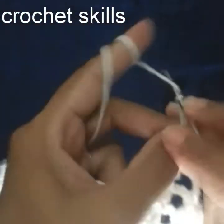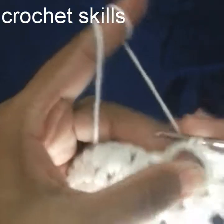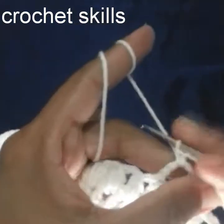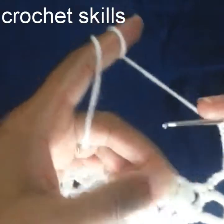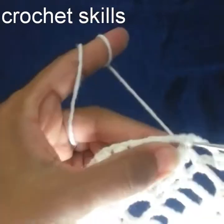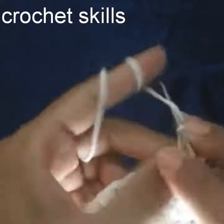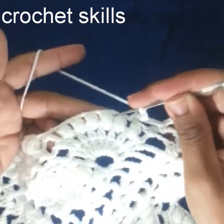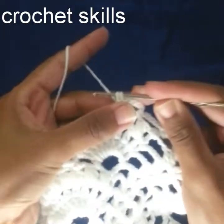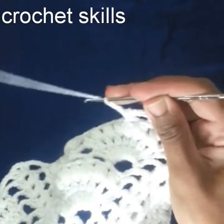Chain 5, make a single crochet in this chain 5 space. Chain 5, single crochet in between first 2 puff stitches. Chain 5, single crochet in between 2 puff stitches. Chain 5, in the middle of this